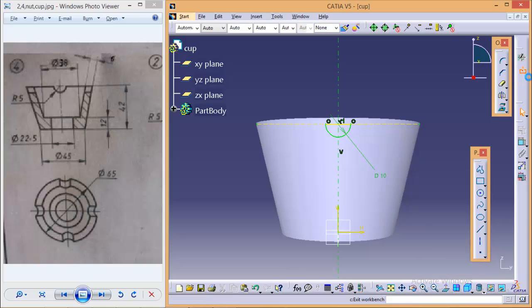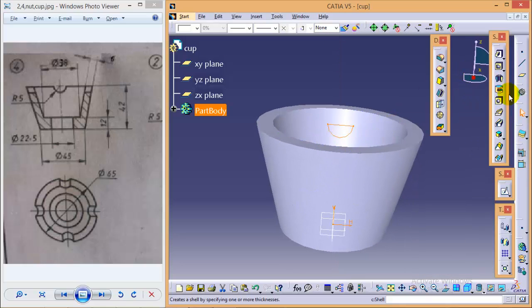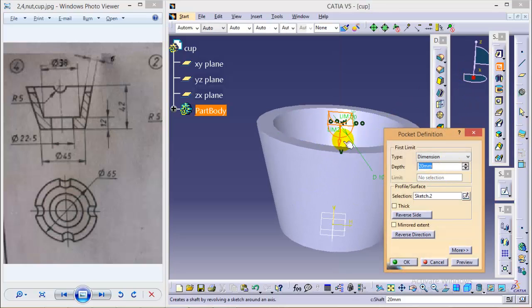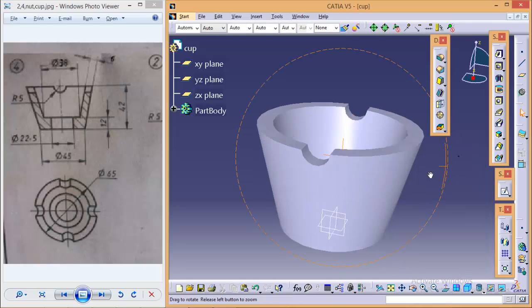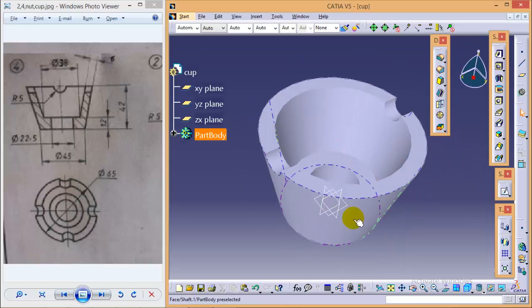Now click on exit sketch, go to the pocket command, use a mirrored extent. The depth of one side would be 32.5, so the total would be 65. So click OK. So here we have obtained two slots. As we want to make 4 slots, we'll use a circular pattern command over here.